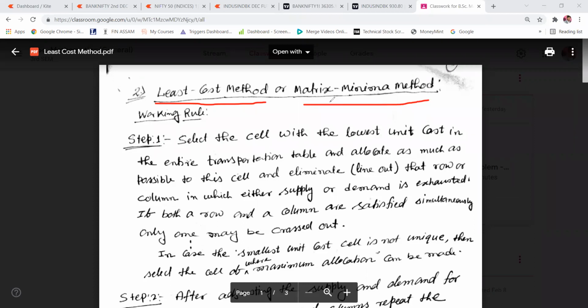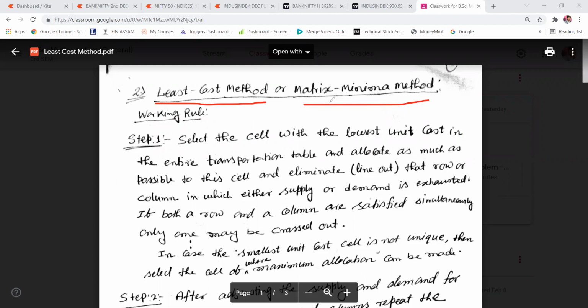In the second step, you follow the same process as you did in the first step. After the first allocation, from the rest of the table, you need to find out the next least transportation cost, in which cell it is. And then accordingly, you allocate to that cell by comparing the supply and demand, whichever is minimum.